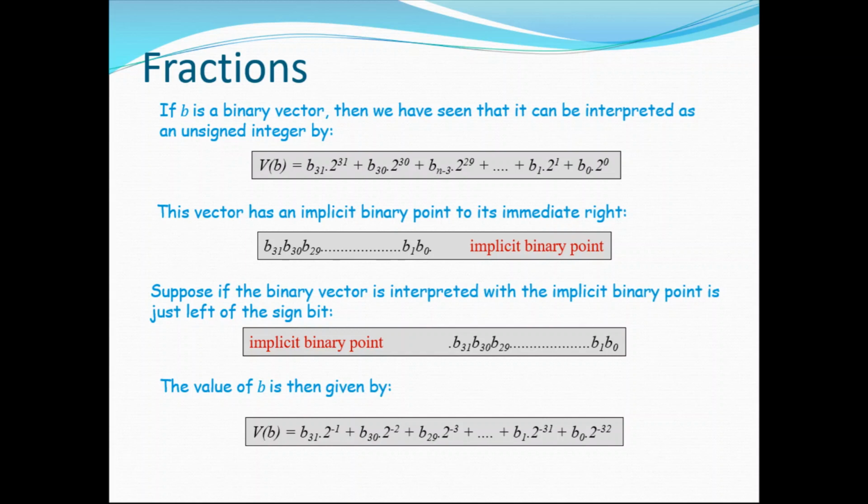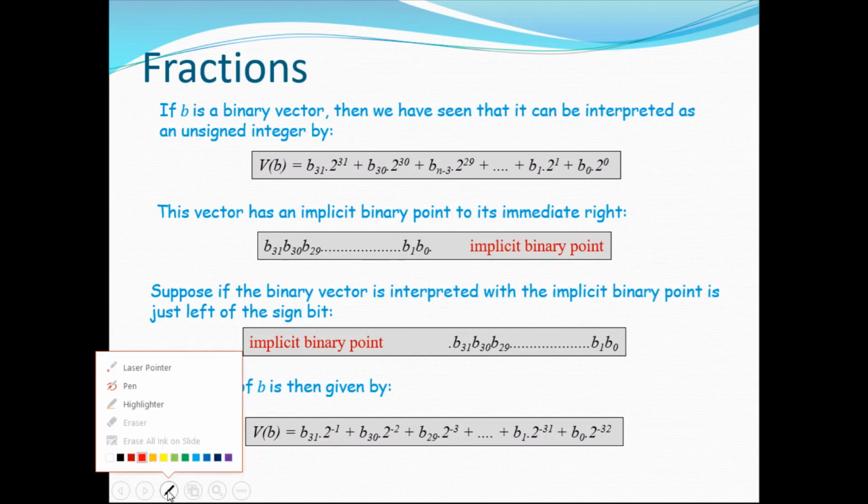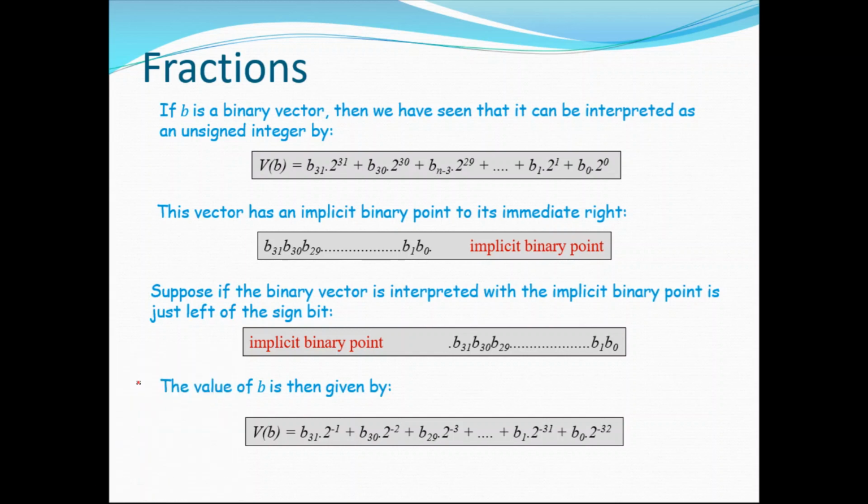Fine. So to start with, let us start with normal numbers, how they are represented in binary. Let us not go to floating point numbers first. If you take a normal 32-bit number, it will have 32 bits starting from bit 0. The rightmost bit, or the least significant bit, is bit 0. Then we have bit 1, bit 2, bit 3, up to bit 31, if it's a 32-bit number.